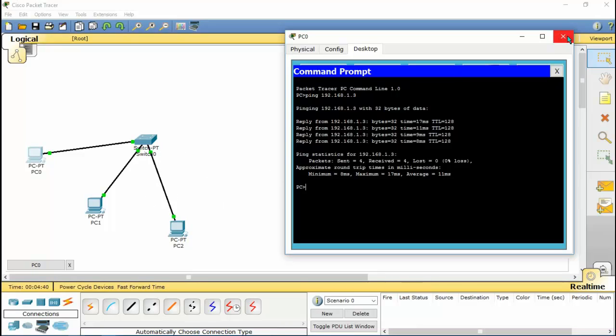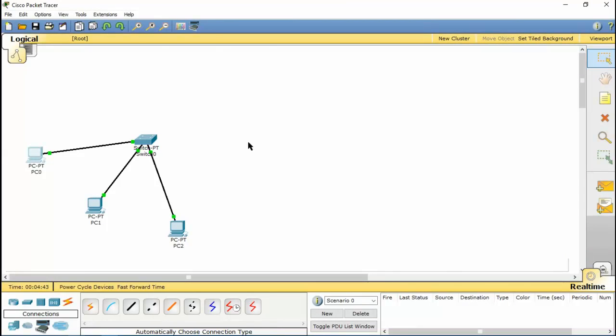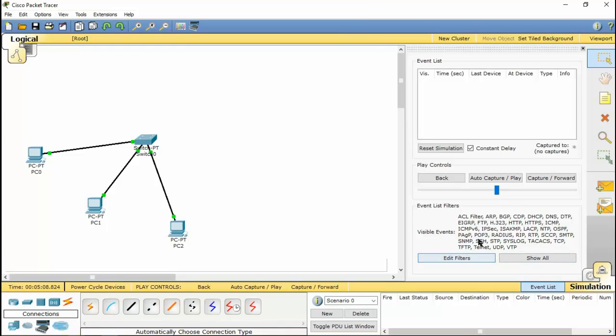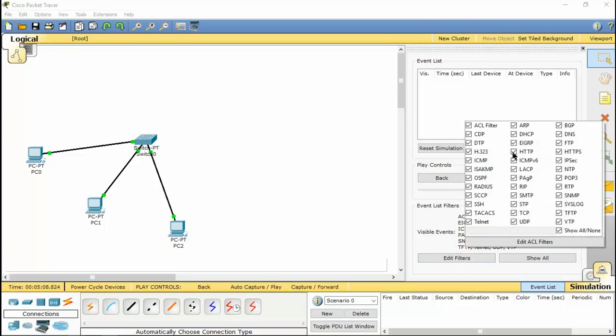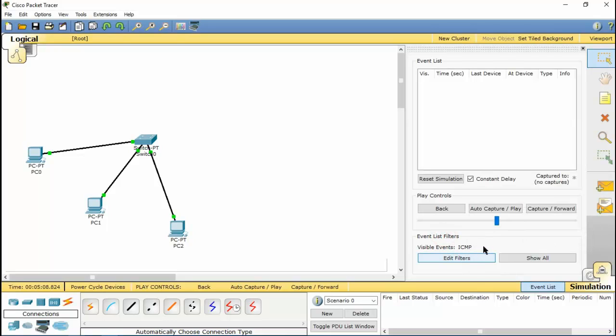When this network is already valid, we can move to the next step. The next step, we will try to simulate the PDU sending. To move to the next step, we must first choose the simulation mode, and then here you can see the event list filters. We need to edit this. I will use only ICMP. ICMP is the protocol which is used to ping, just like before. This is to test the network. Then we can close. Now it is only displaying the ICMP events, and the filter is only ICMP,